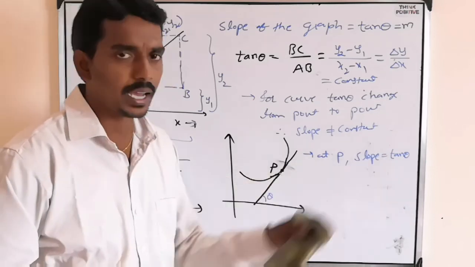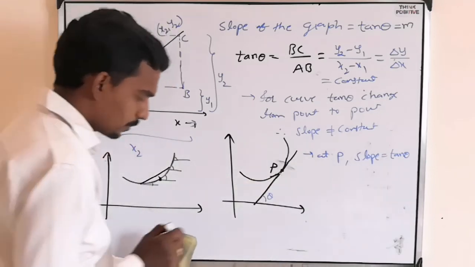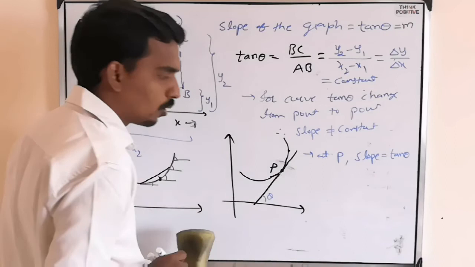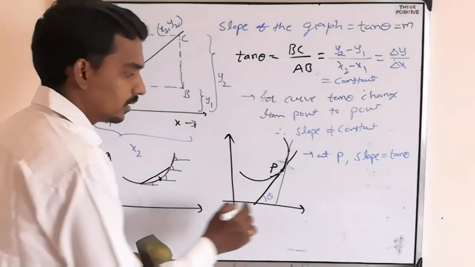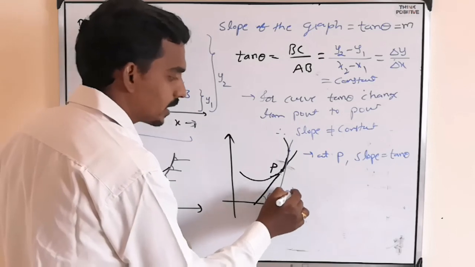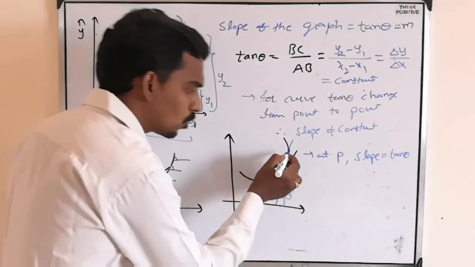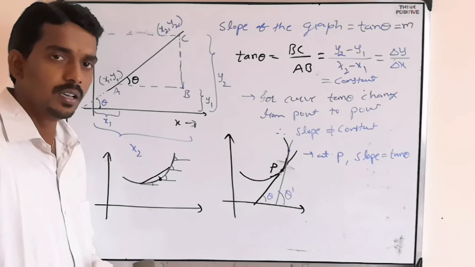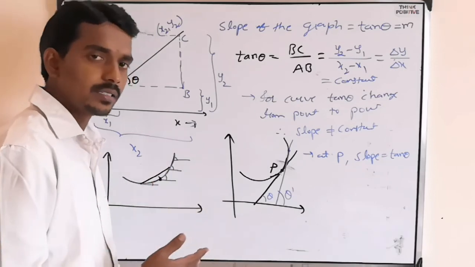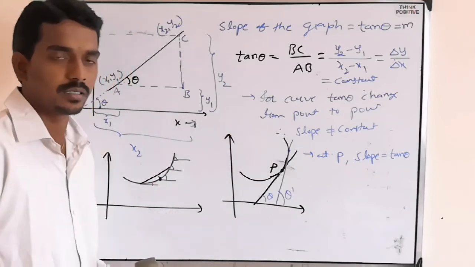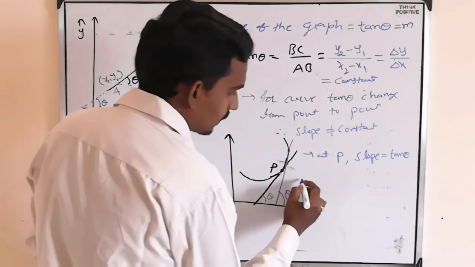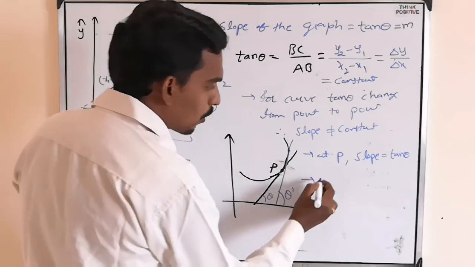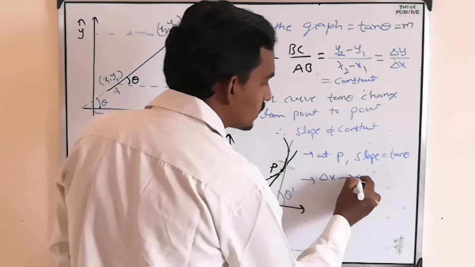Here also the formula is tan theta. But suppose they are asking for the slope here, then you have to draw the tangent here. Now here theta is different. Let's take theta dash. Then here the slope is tan theta dash. So the theta changes, so the slope changes. But the other method is, at any particular point, delta x is 0.